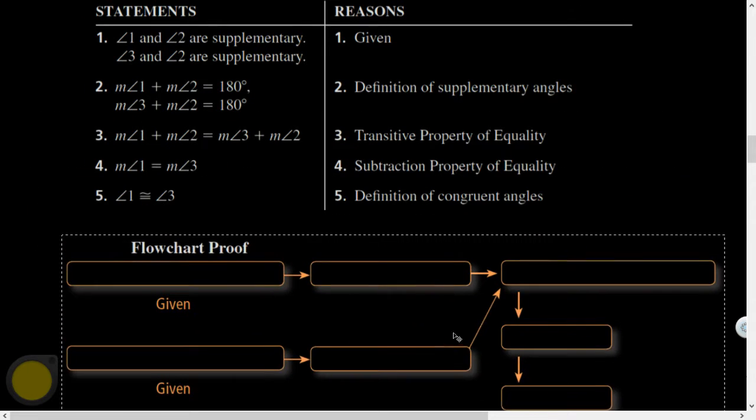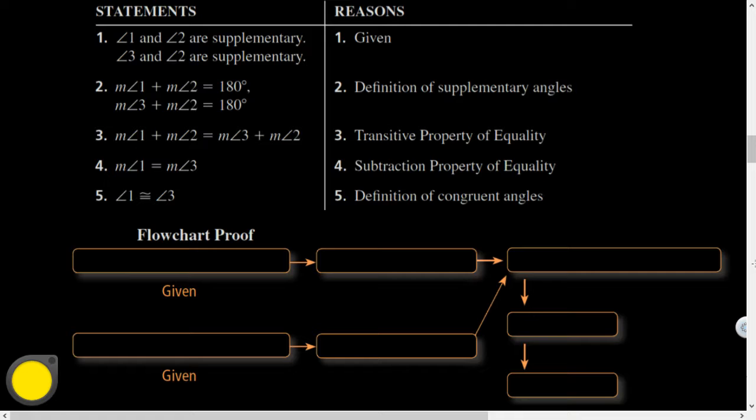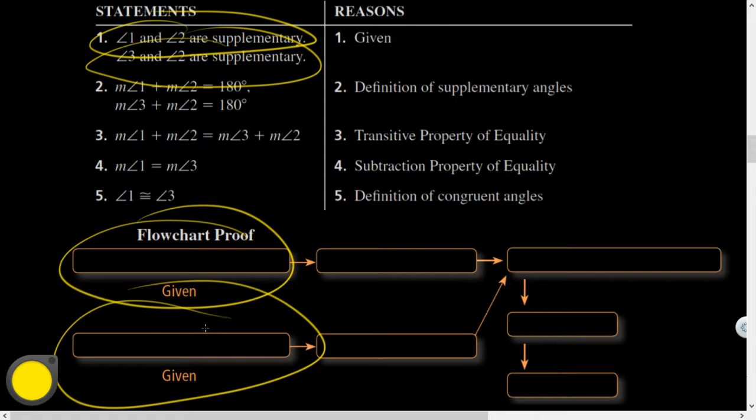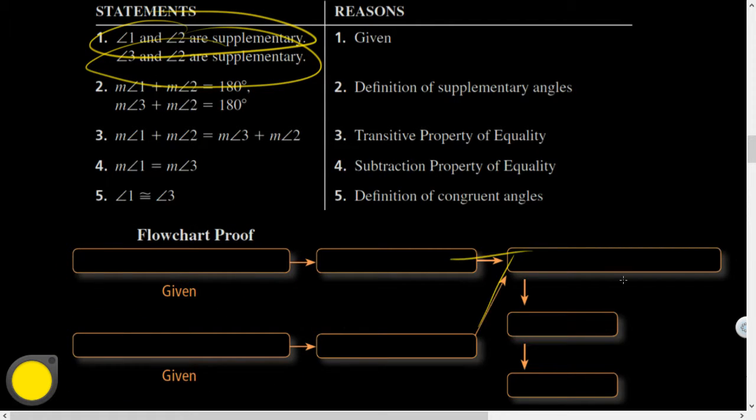And in terms of getting used to it, it is going to take a little bit of time to get used to the idea of a flowchart proof. But if I was writing this on my own, I would consider the given information each as being their own starting point on the flowchart. And then I'm going to try to bring all of that information together eventually to conclude what I'm trying to prove. Okay? So if I had 3 pieces of given information, then I could have started with 3 separate givens. Now, you've noticed, and actually even in this 2-column proof, sometimes I will just list all my givens at the beginning of the proof, but other times it might actually make more sense to pull it in as it's more